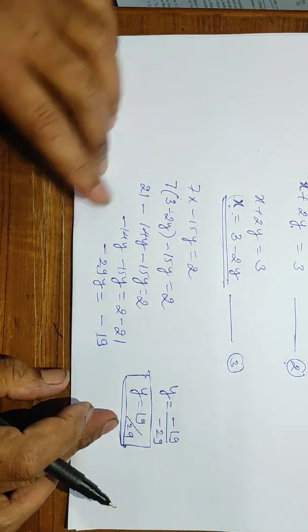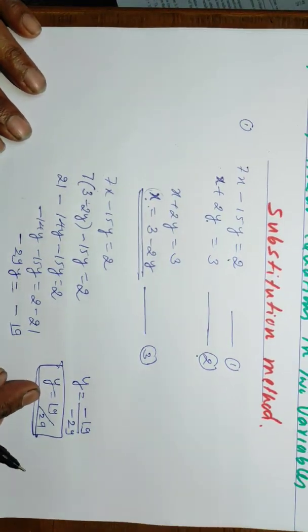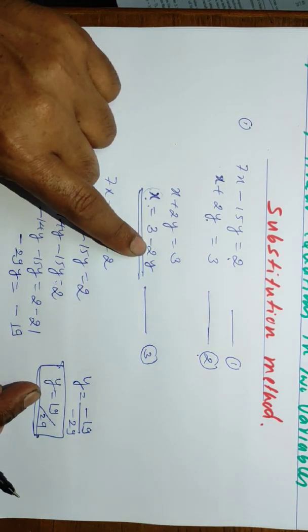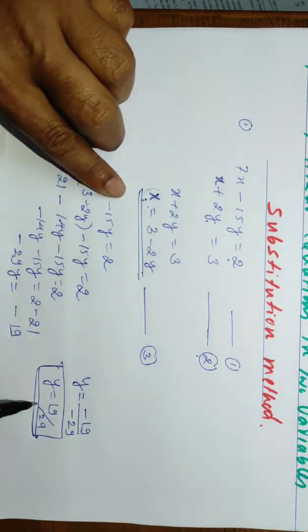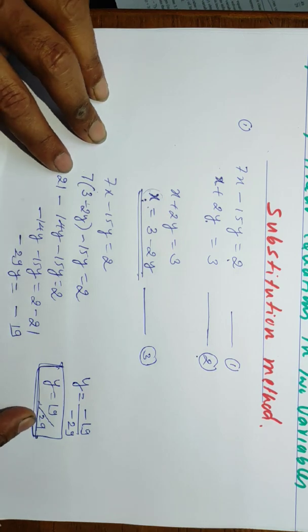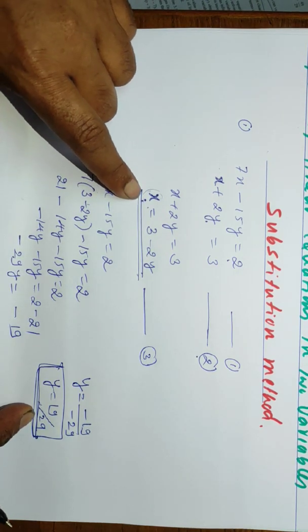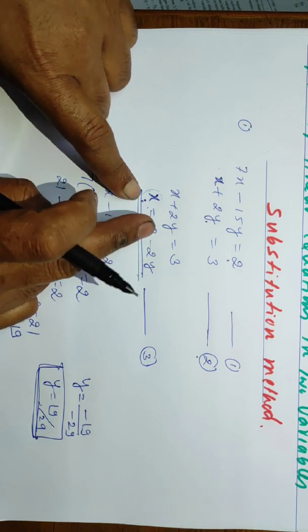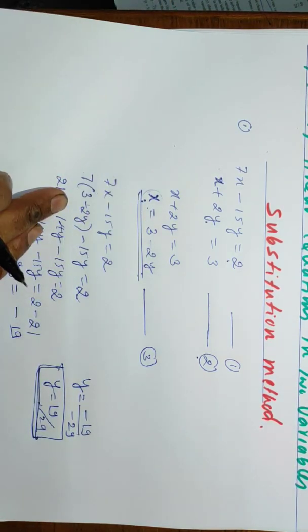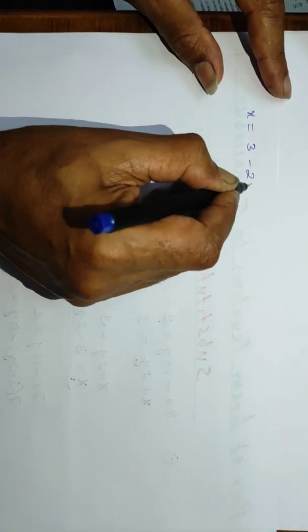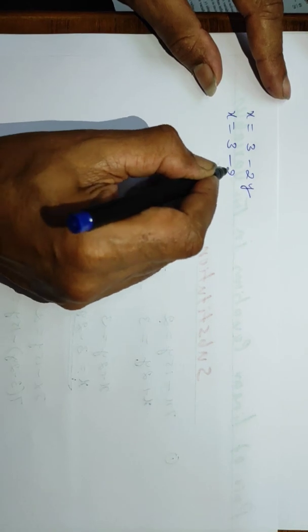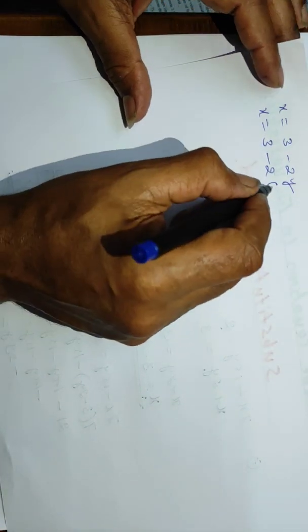Now what you have to do is substitute the value of this variable in equation 3 to obtain the value of the other variable. So we have found the value of one variable. This should be substituted in equation 3 so that you will get the value of the other variable. So let me substitute the value of y in equation 3. x equals 3 minus 2y. x equals 3 minus 2 into y. How much is y? 19 by 29.